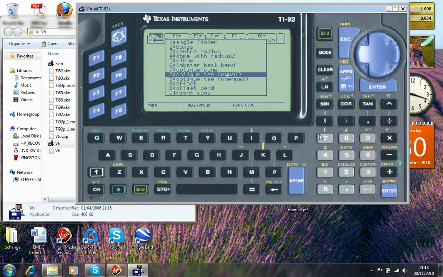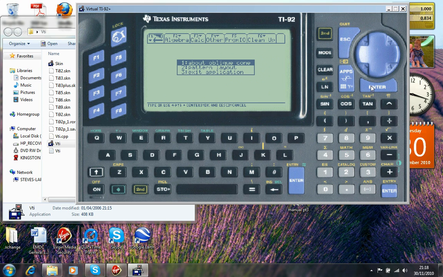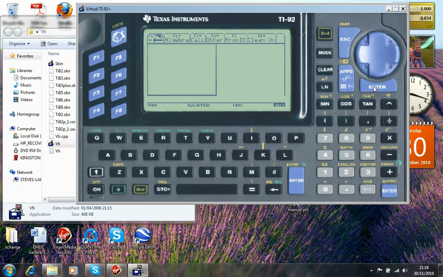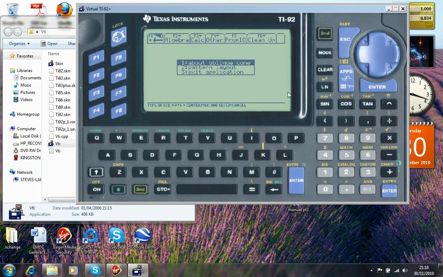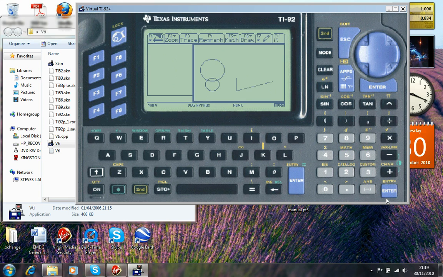I'm going to put in 7, then enter. Sorry, don't need enter. And this will give us the oblique cone program. Now there's a sub menu in here. You've got 3 options. One is about the oblique cone, gives you a bit of info, not a great deal, just a little bit of background on the oblique cone. Enter again, you go back to the sub menu, press 2 and you go into the main program, the pattern